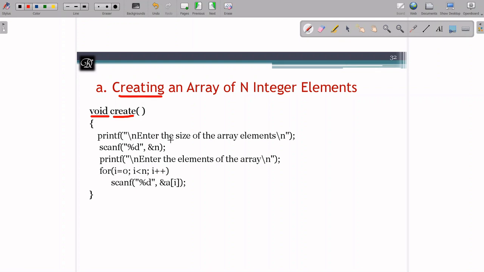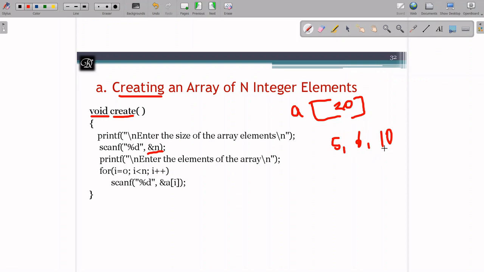Next, inside that, I need n value before I proceed creating an array. What I need is how many elements. Even though 20 is the maximum limit of my array, this is how I have declared my array, right? A of 20. So it might be a maximum limit, but on each run you may give 5 elements, you may give 6 elements, or you may give 10 elements. So it may vary from one run to another run, but maximum number I can give up to 20.